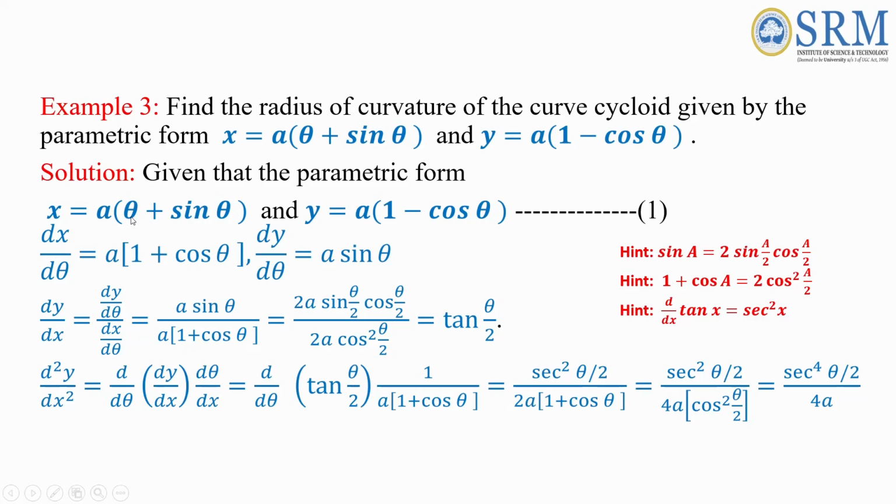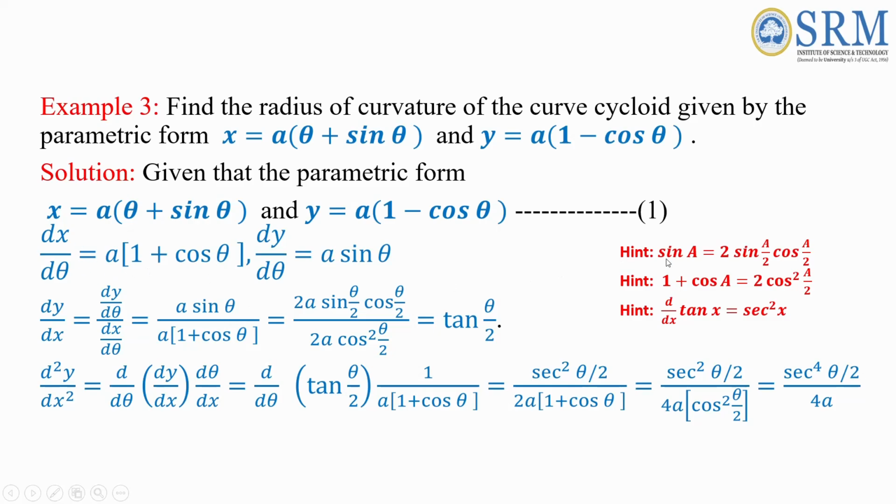Given x equal to a into (theta plus sine theta) and y equal to a into (1 minus cos theta), you differentiate this with respect to theta, that is dx by d theta equal to a into (1 plus cos theta) and dy by d theta equal to a into sine theta. Then the ratio of these two gives dy by dx, that is dy by dx equal to dy by d theta divided by dx by d theta, and replace this expression: dy by d theta equal to a sine theta and dx by d theta is a into (1 plus cos